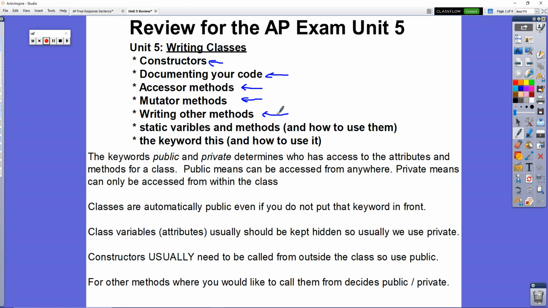Some methods, it's their job just to print stuff out or whatever, so it doesn't fall into the accessor or mutator category. We're going to talk about static variables and methods, what their purpose is and how to use them. And we're going to talk about the keyword this, which has a very particular meaning in Java, and how and when to use that. So the first thing we're going to do is talk about the keywords